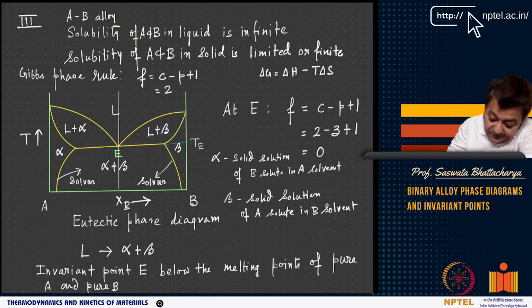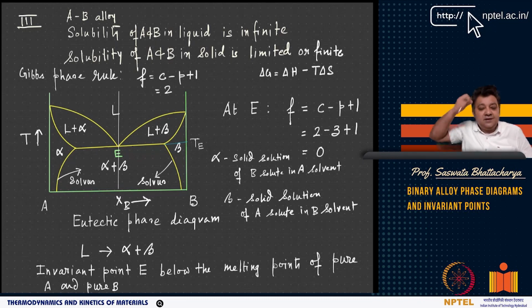So now you will tell me what this composition is. This is the liquid composition. This is the alpha terminal composition, and this is the beta terminal composition. So this is the eutectic temperature, and at the eutectic temperature and composition, this is called the eutectic composition. You will see something interesting. If you look at freezing, the liquid is now coming down along this white line. At this point, you see exactly the same horizontal line, which does not depend on composition, and then it transforms into two phases, alpha and beta.